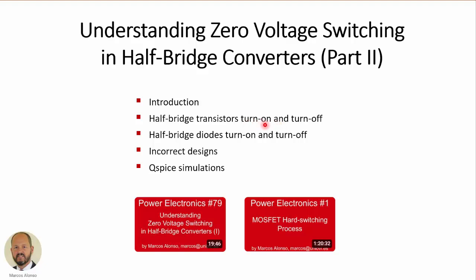We will see the turn-on process in the half-bridge transistors and also the turn-on and turn-off process in the half-bridge diodes. Then we will see some incorrect designs and of course some Qspice simulations to illustrate the different ideas. Another relevant video that you may be interested in is this one, Power Electronics number 1, related to MOSFET hard